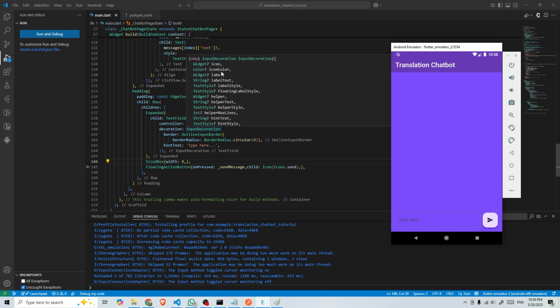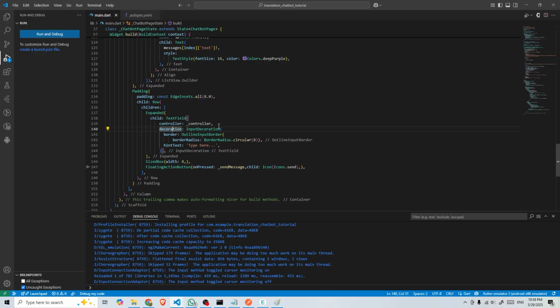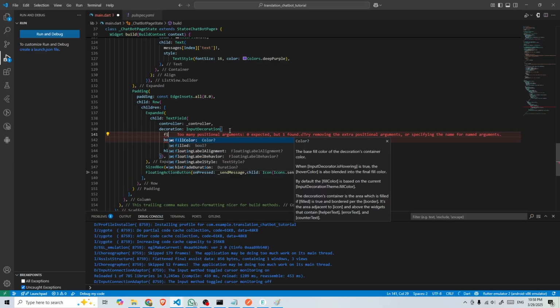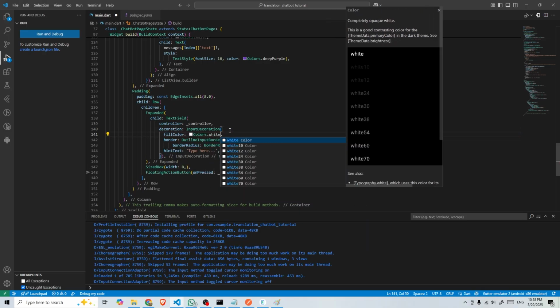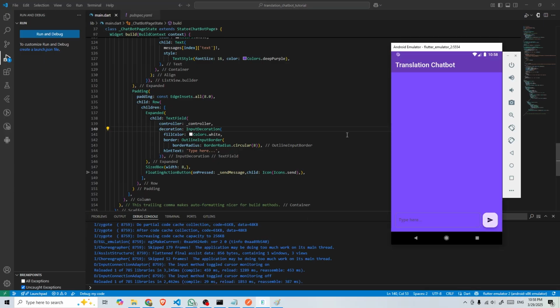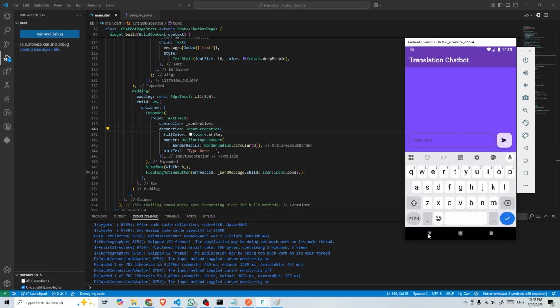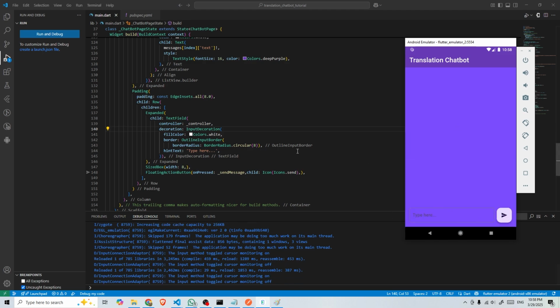Decoration, not the icon color. Suffix icon color. Yeah, let me set this fill color. Let me see. Issue fill color. Colors out white. I saw no difference here. So anyways,